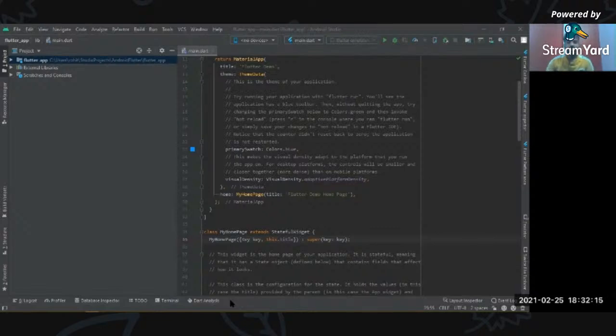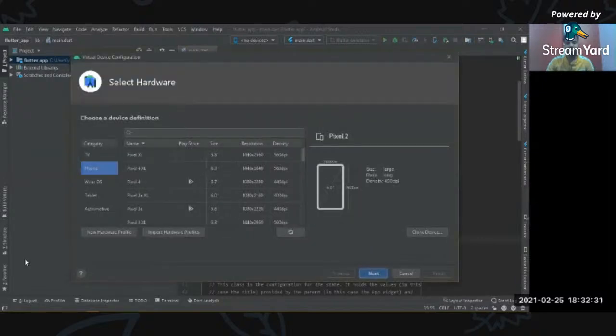If you have not configured it, you have to create a new virtual device by clicking here, or if you don't have any devices, you will see this button in the center. Click on create virtual device, and then you can configure your phone.